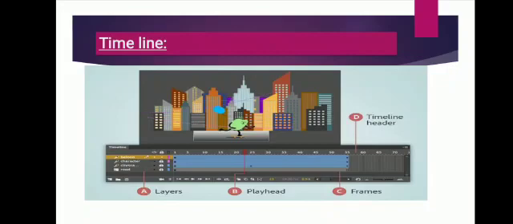Layers is a part of the timeline. Here it is given. So what are layers? Layers are transparent sheets stacked on top of one another, and each of them contains a different image that appears on the stage. See in the diagram, where layer 1 is given, it displays the balloon, layer 2 displays the animated character, layer 3 displays the city view, and layer 4 displays the road.